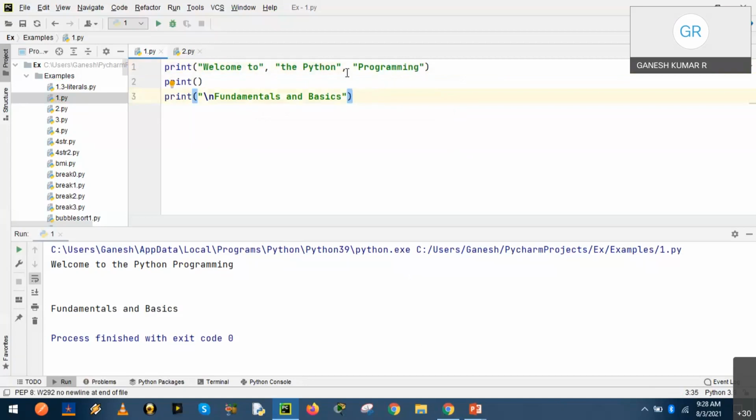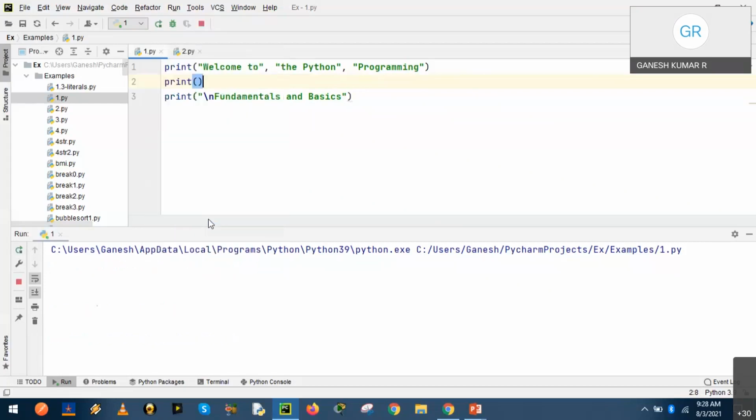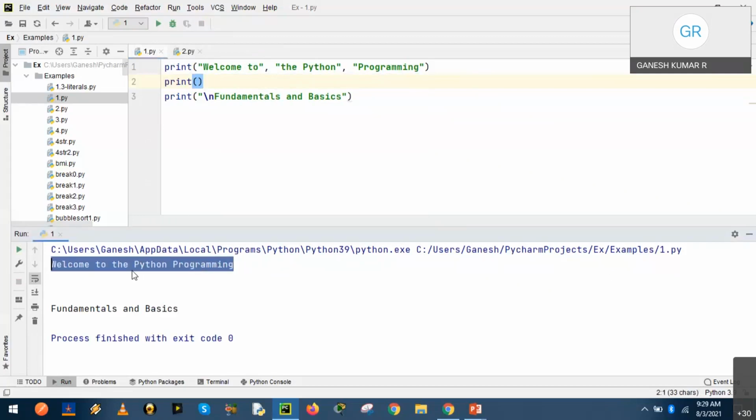So instead of a single argument, we can also introduce more than one in the print function. So run the program. No matter the number of arguments inside the print function, all of them will be displayed in one line.